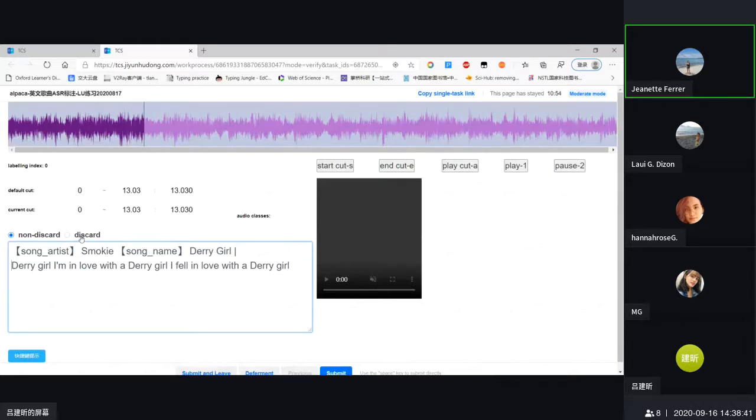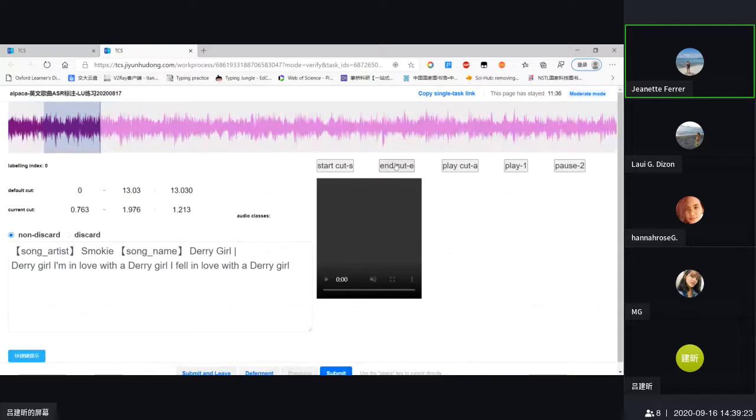And next, if the whole audio is too short, that is less than 1 minute, you should discard. And if the part you cut, for example, when you need to cut the whole audio, and the part you choose becomes a deeper color than the rest of it. If this part is less than 1 minute,